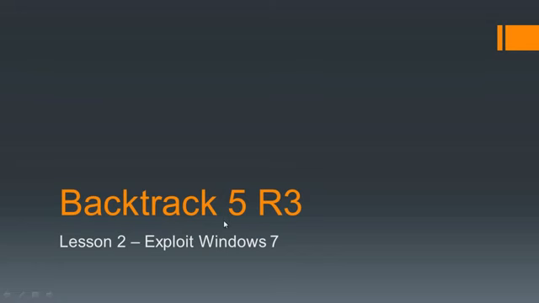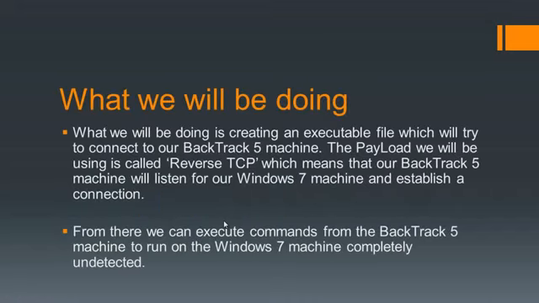In this lesson we're going to actually be learning how to exploit Windows 7. I'm going to be using Windows 7 64-bit, but this works on the 32-bit version as well. And we're going to be learning about the basics of Backtrack 5. So what we'll be doing is creating an executable file which will try to connect to our